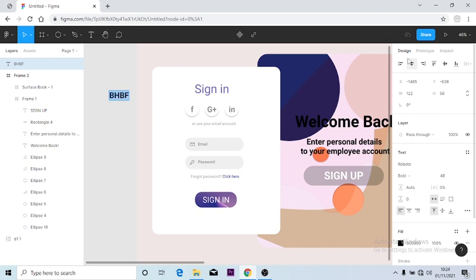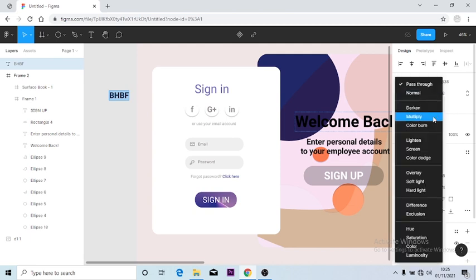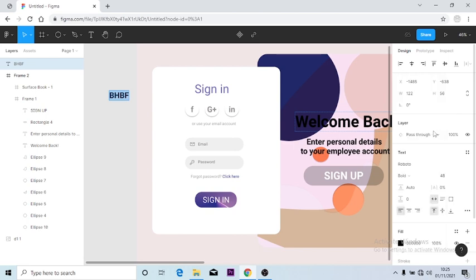Then on the right hand side here, this is where you have the ability to align your frames to however you want them. So right here we have the positioning, and then here we have the width and the height. Right here we have the layer. You have the different properties for the layer. Right here we have the text. Everything about the text,